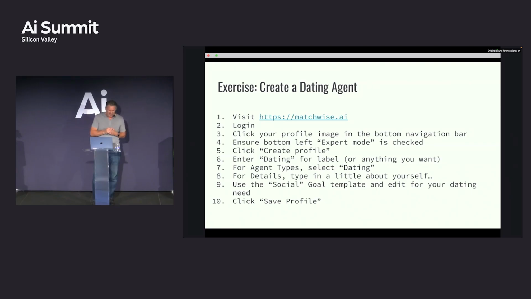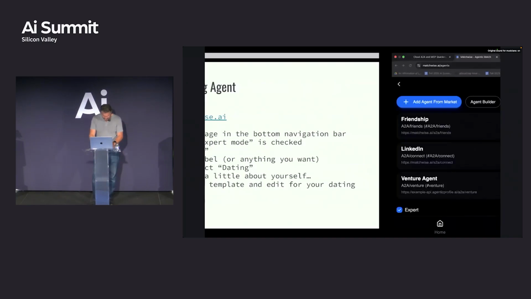And this is kind of a fun thing too, because the way I look at this is that you have an identity, and below your identity is a bunch of people working for you. When you arrive in a room like this, your identity will rain down, we'll crack it open, and we'll find all the different agents who work for you. One might be a connect agent for business, one might be the venture agent you saw a second ago, one might be a friends agent, just finding friends in the room, there might be a dating agent too. So this is an example of how to create a dating agent. And so we have a LinkedIn one, we just saw that one a second ago.